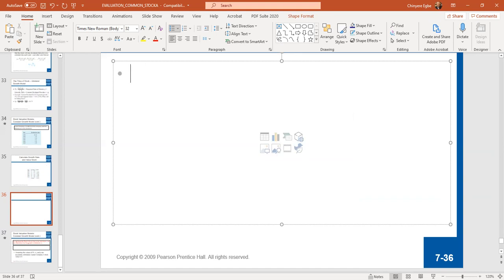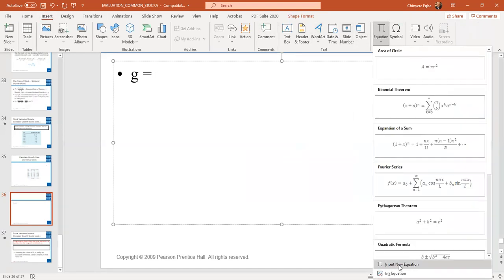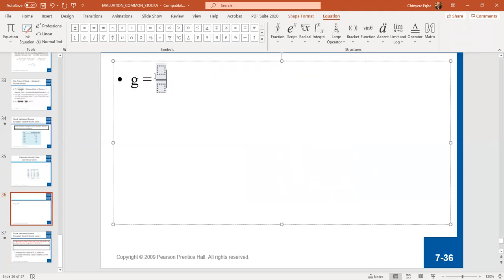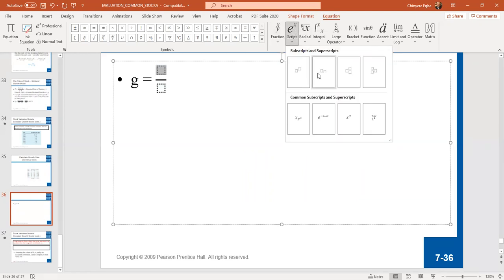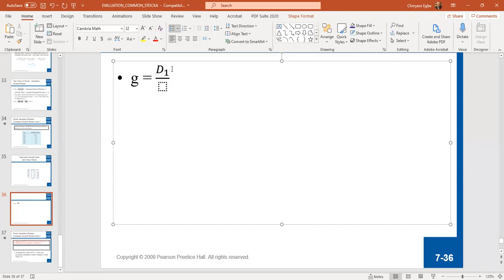G equal to, the way I did that, is D1 minus